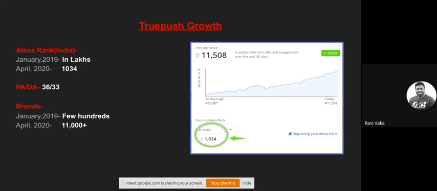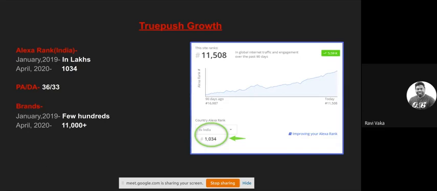Once you start, obviously your social media presence, your presence on search engines, and on other platforms would be very, very weak. And other metrics such as your Alexa ranking, your page authority, and your domain authority definitely wouldn't be as significant as compared to what we are today. Obviously, all these parameters wouldn't have the magic figures everyone expects. So with this thinking about how to go about it, we thought a Free Forever strategy would help us garner a lot of attention, and that is exactly what we have done.